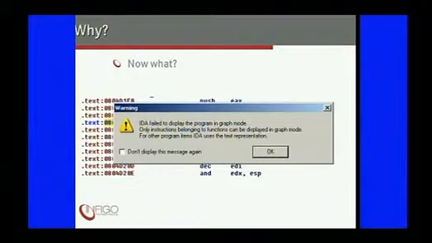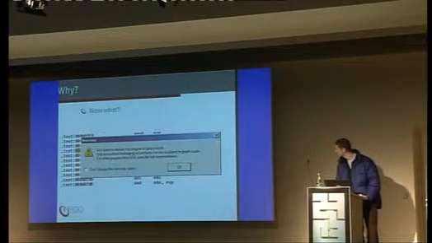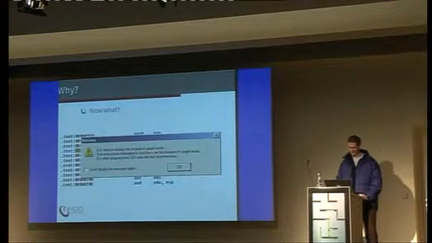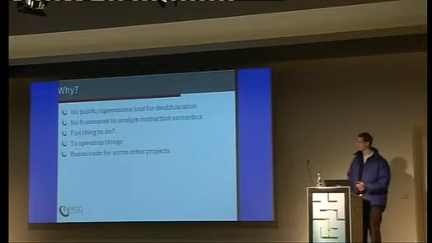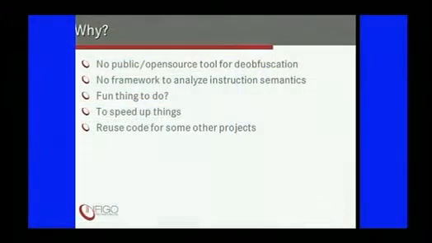So one of the problems with analyzing obfuscated code is that it traditionally tries to break IDA into creating functions, and then you lose most of the benefits. There are no public open source tools for deobfuscation that I'm aware of. Several antivirus companies have their own that are closed source and heavily guarded.